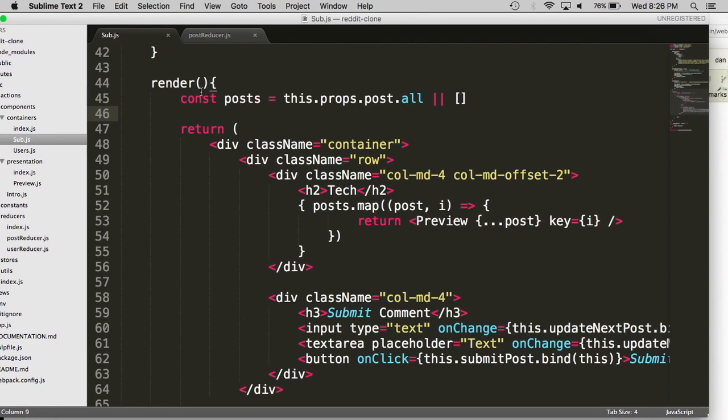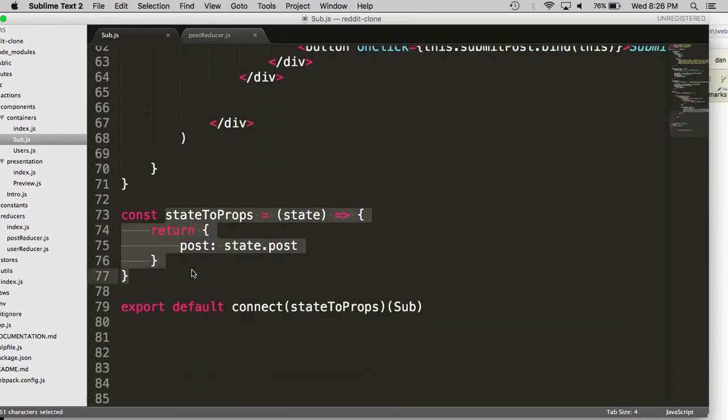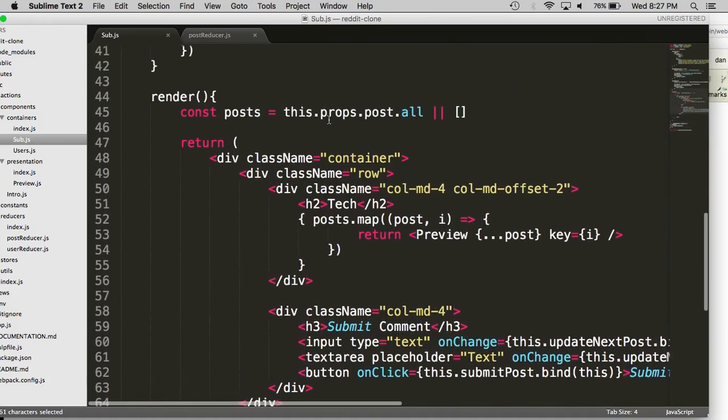So here's what happened. Down here on lines 73 through 77, what this is saying is that this post reducer is going to be assigned as a property to this container. That's why the function is called state2props. Does that make sense? So this post reducer right here is assigned as a property to the container, hence the name state2props. That's what happens by virtue of this connect function. This connect function literally applies that change for you. So I am now referencing that property right here,